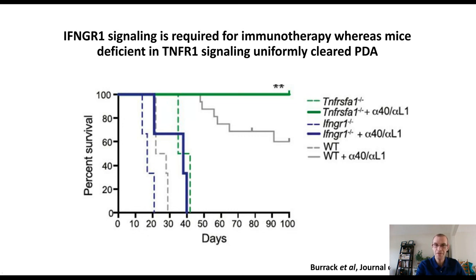Interferon gamma in the blue dotted lines are untreated mice. The blue solid line is our dual treated mice. You'll see the blue solid line goes straight down at day 40, which means that our dual therapy had very little benefit in mice that did not have interferon gamma receptor signaling, suggesting that this is an absolute requirement for our effector T-cell response,